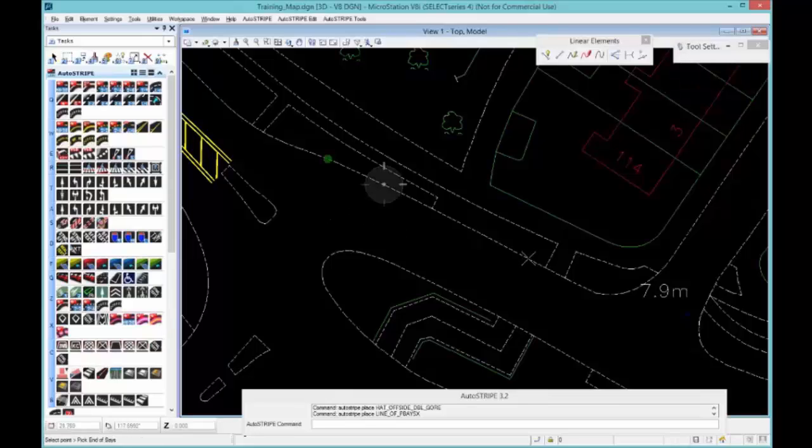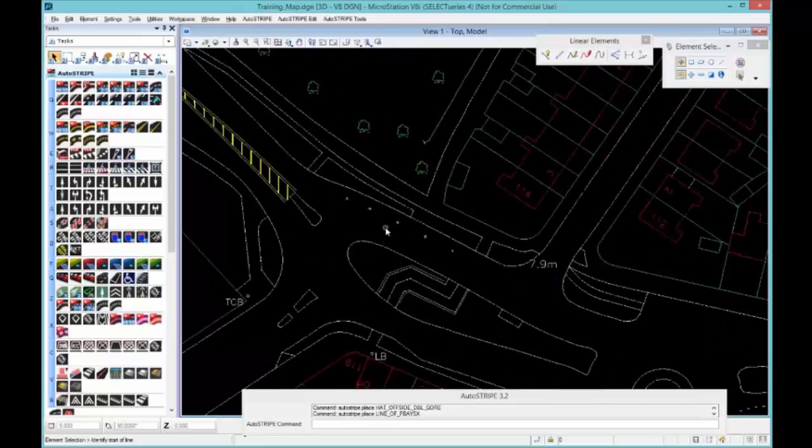Maybe I want the bays to finish just before this intersection down here where the pedestrians cross, so I'll finish that there. And you can see it's put the two green marks there where I've picked on the curb. So now it's asking me which side of that. To me it's obvious which side is the carriageway, but the CAD engine just sees a line on a drawing. It needs to know which side you want the parking bays next to that curb. So I'll pick on this side, the carriageway side, click there,